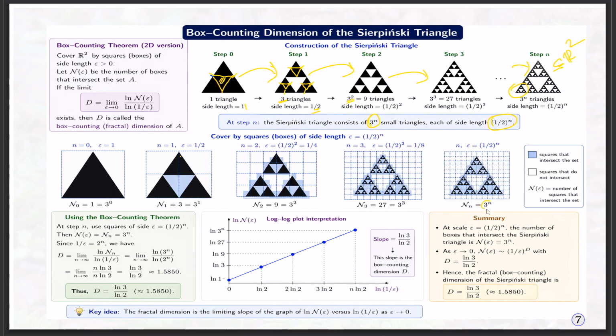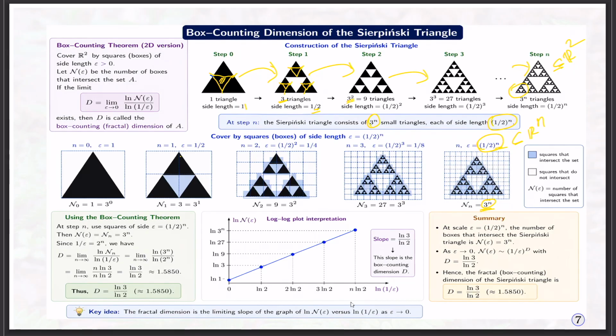There are 3 power n boxes of side length 1 by 2 power n that definitely intersect this Sierpinski triangle, because we are covering R power 2 by boxes of side length 1 by 2 power n, in which 3 power n boxes will intersect the attractor, that means our Sierpinski triangle. Therefore, this is the number of boxes required to cover the set, and this is the size of